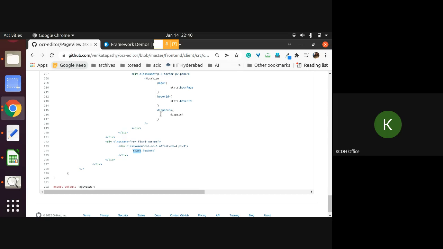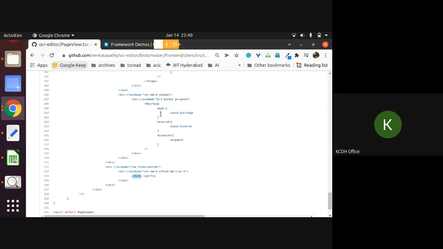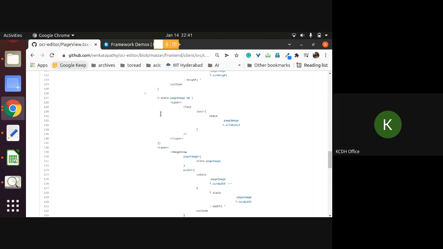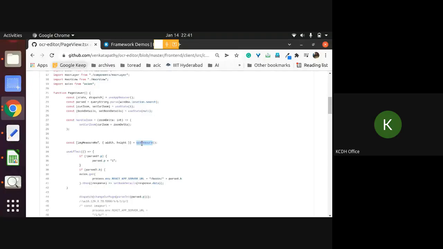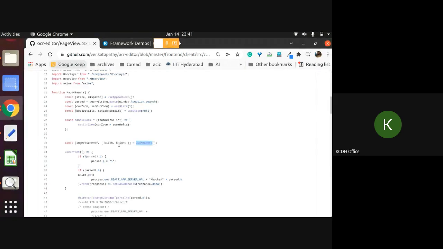All that is our user experiences that can be done, but you can build as a component. Each one can be built as a component. So we have seen a page view. Page view has a lot of functions. There is something, handle zoom, how to set a zoom. These are measures. It will automatically measure a tag, for example, an image tag, or one HTML tag. You can take it and measure currently what's the height and width, because this will be used for zoom.